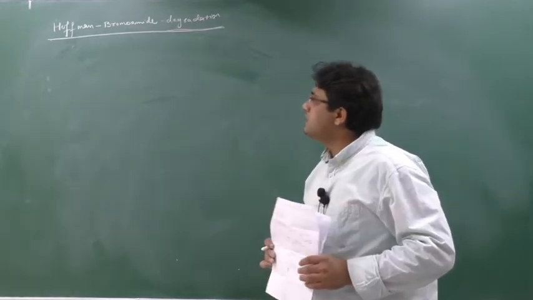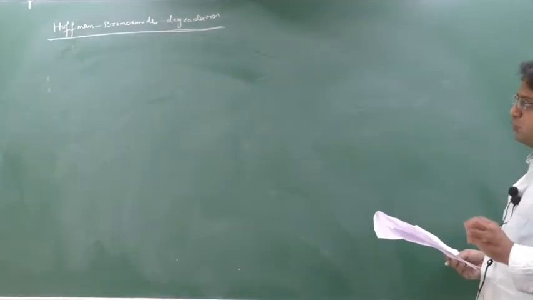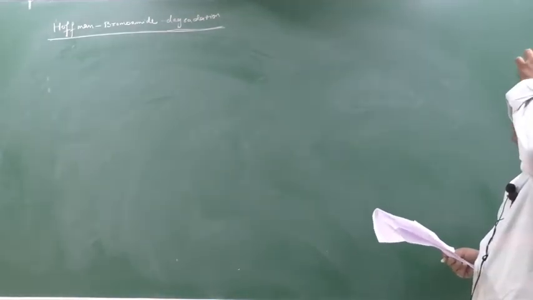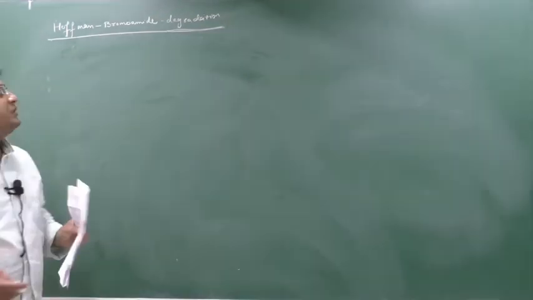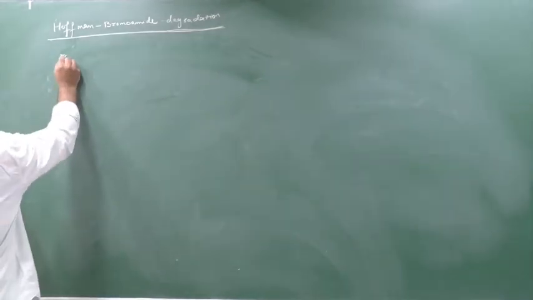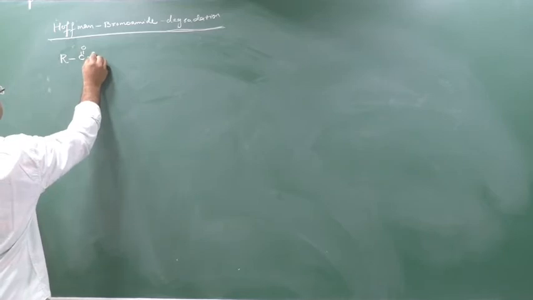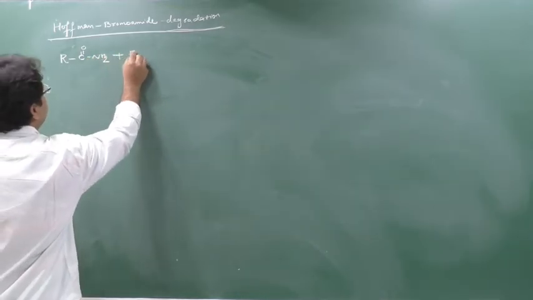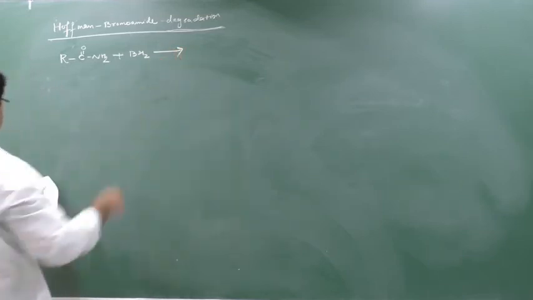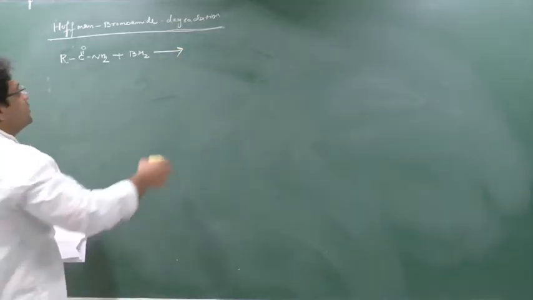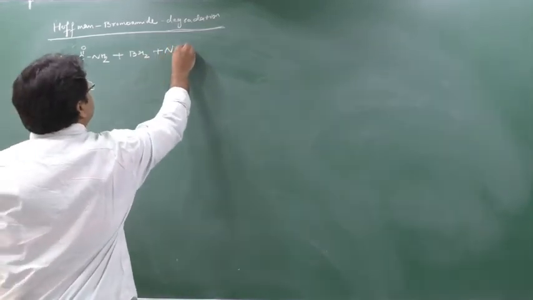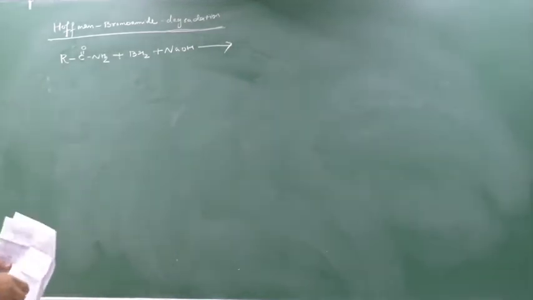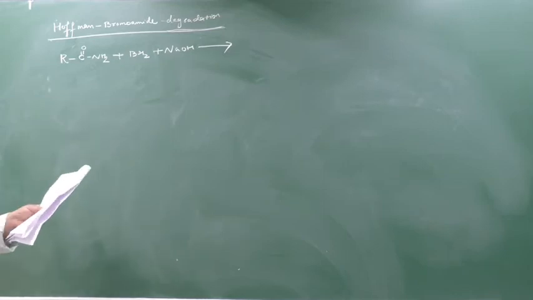Okay. So Hofmann is the name of a scientist. Bromamide means you are using bromine and amide, and degradation means there will be something decreased. What decreases? We'll see this. See, we are taking here bromamide. So first we will take the amide, RC double bond O NH2, and we are reacting it with Br2. So here only 1 mole of bromine will be used, and to stabilize, we are using NaOH also. So make a note here: there will be only 1 mole of bromine. In exam if they give it like this, you have to understand it's a Hofmann bromamide reaction.